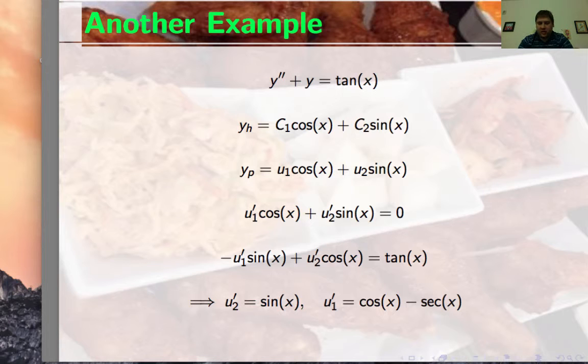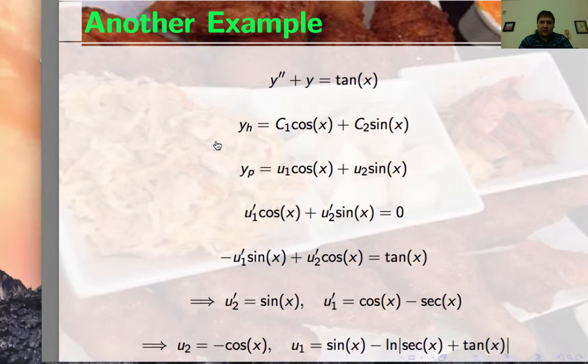Go through, remember your trig and your algebra, and what you'll see is that u2 prime has to be sine of x. Take that, plug it back into either equation, and you'll see that u1 prime has to be cosine of x minus the secant of x. Oh, so sorry, but that's how things happen sometimes. Okay,